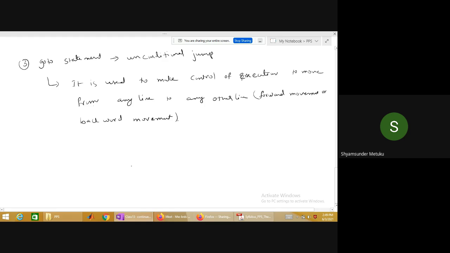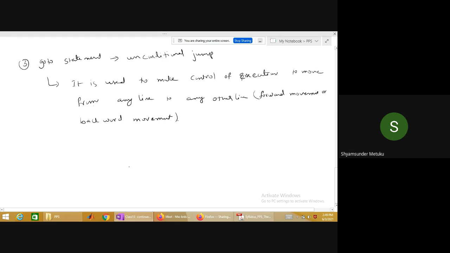Whereas if you see, loops will have a backward movement or forward movement. Once the control comes to the last statement of the loop, it will go back. Right or not? And even for the if control structure, only forward.